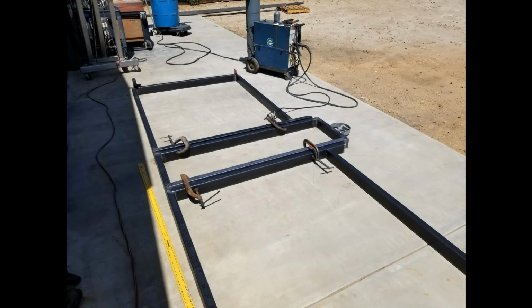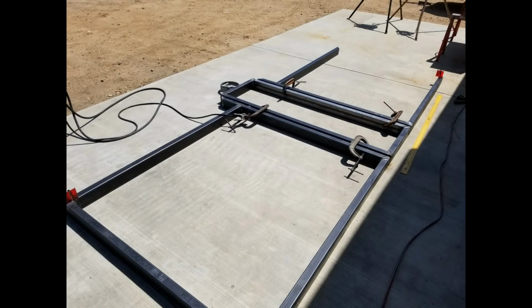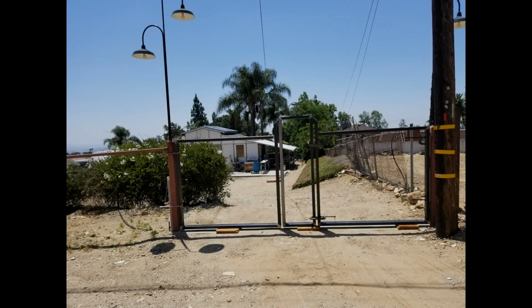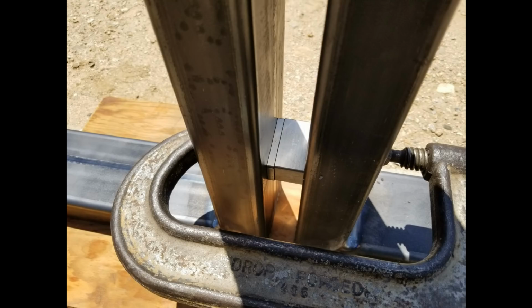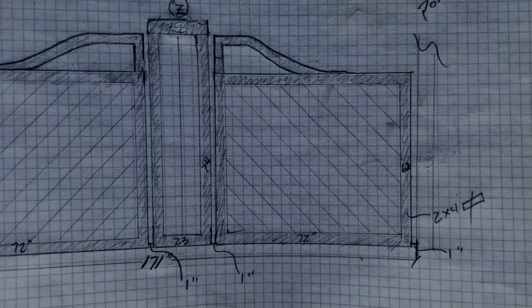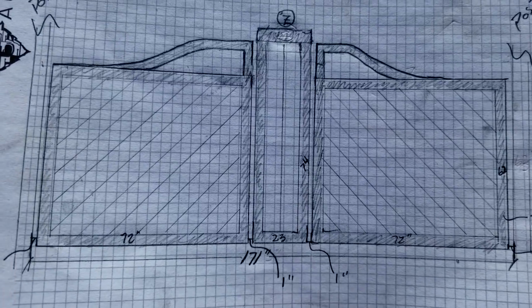Well, we started out just laying out on the slab. And the trouble with a skewed property is you have to make up for the fall of the property. My gates had about a 1 3/4 inch fall over 14 feet. So building something intentionally out of square is a little tricky. I found that the Fireball magnetic shim spacer blocks really came in handy for putting this stuff together and creating my gaps. And we get a little farther along, going off the concept drawing,